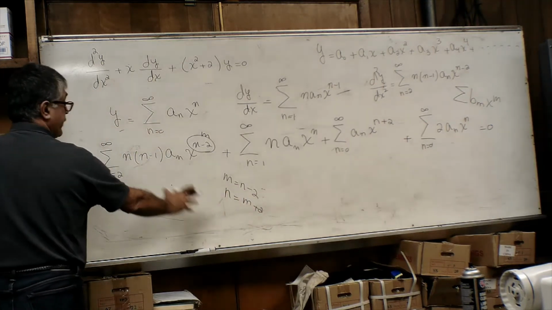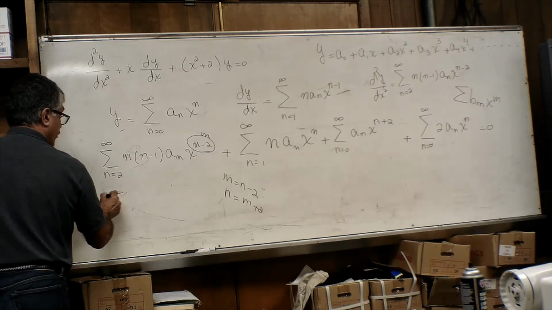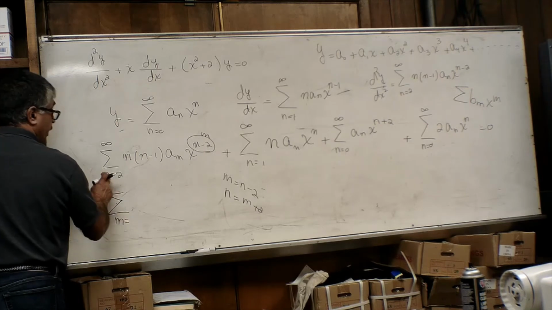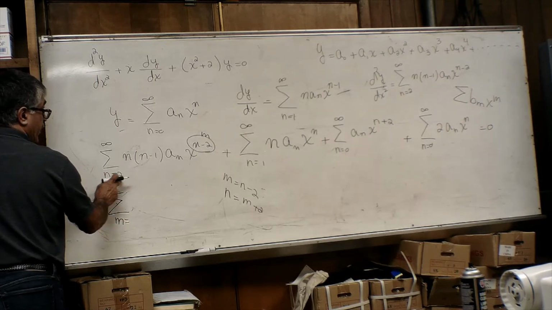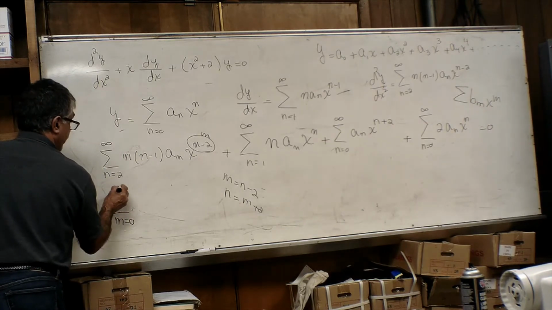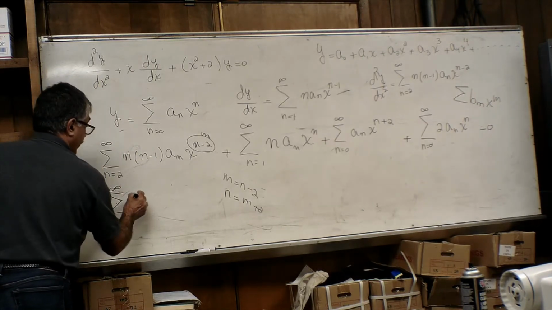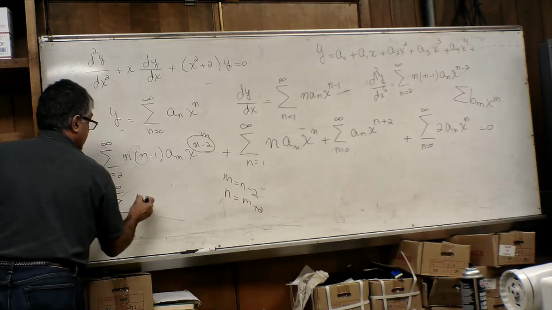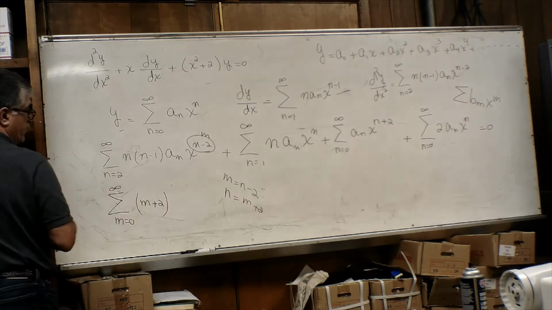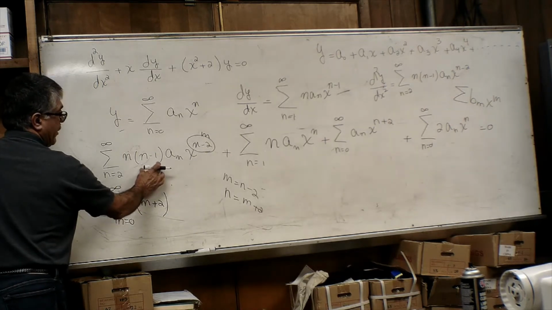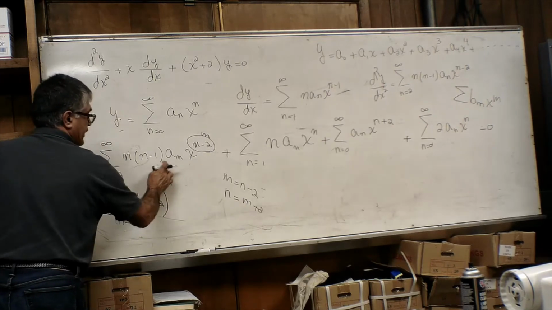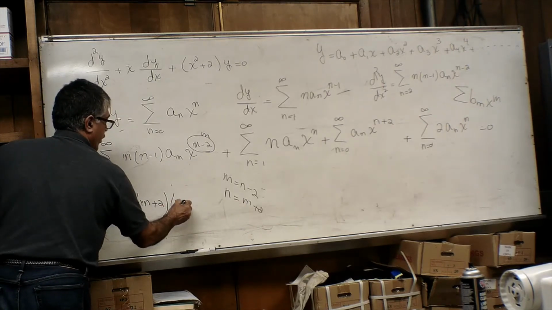If we apply that in the first summation, we are going to have summation of m from 0 to infinity of m plus 2, multiplied by n minus 1, which is m plus 2 minus 1, so m plus 1,